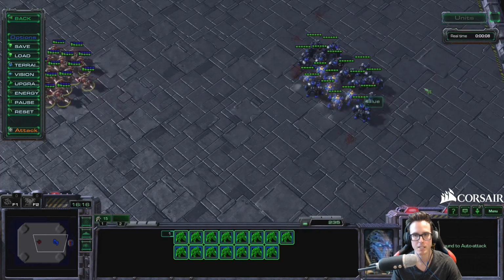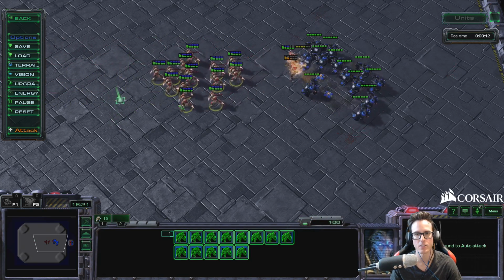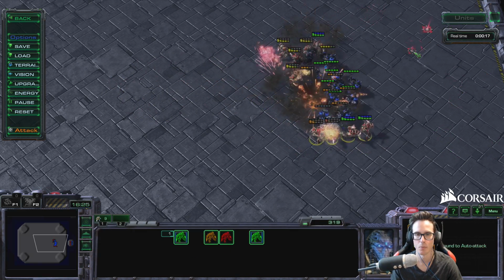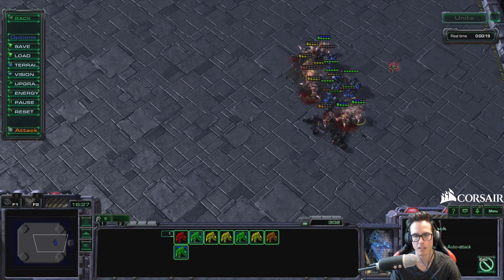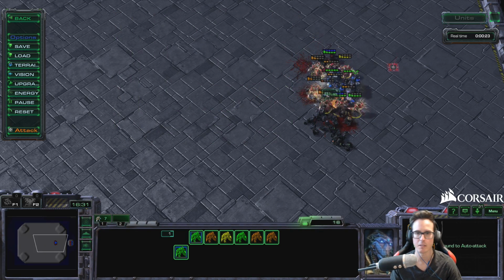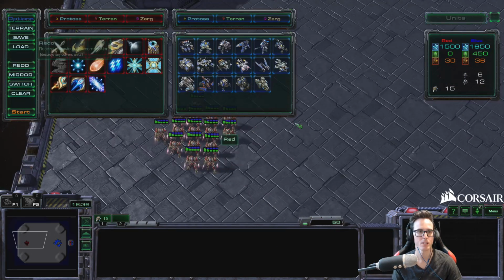There's a bit more to be said for this micro, where you're like, oh shit, there's a lot of Widow Mines. Sometimes that's actually okay. Normally I hate that micro, because you can really hurt yourself and pull the Widow Mines into the clump of your army. But sometimes it's okay to pull everything back except the front few guys. Normally what you want to do is the more standard